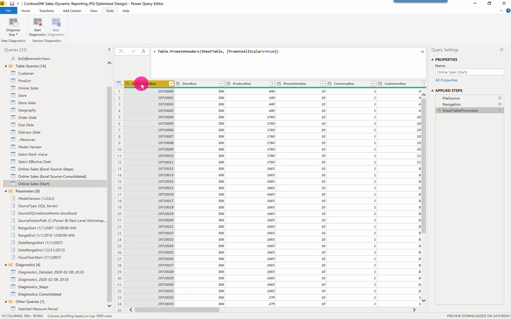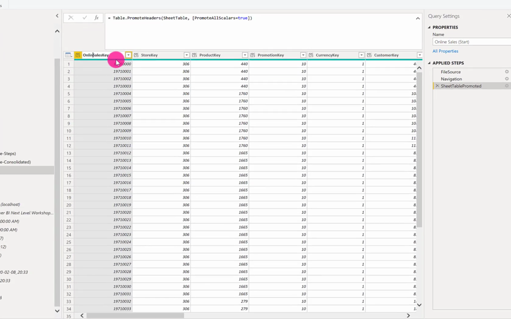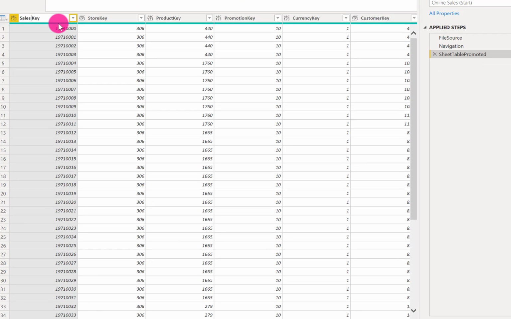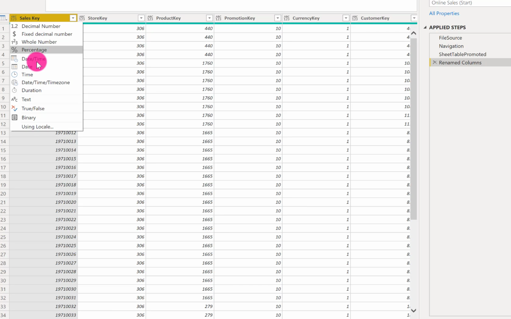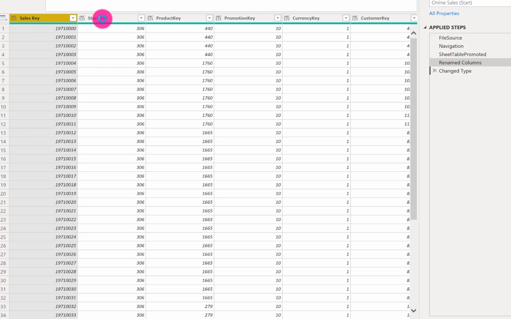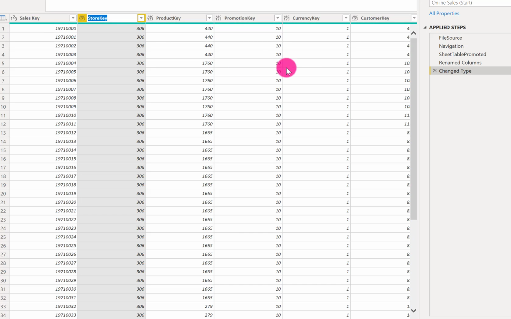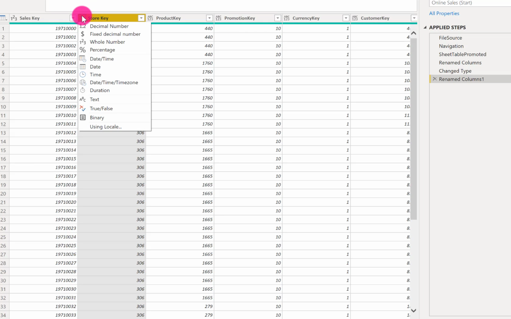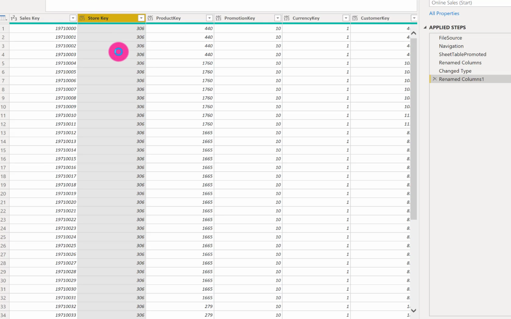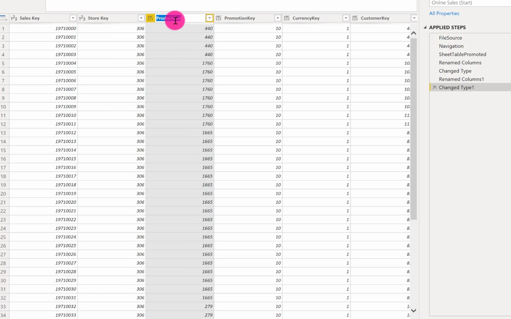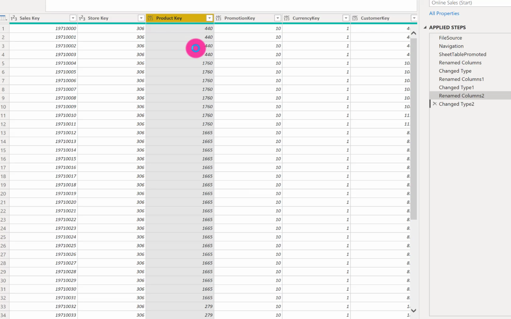So I'm going to start renaming things. We'll go up here and we'll call that sales key. And then I'm also going to change that to the correct data type. That's a whole number. You can see that every step generates these steps over here under the applied steps. So I'm going to rename the store key, and then I'm going to change that to an integer, and I'll change this column to the name product key, and I'll change that to a whole number, and